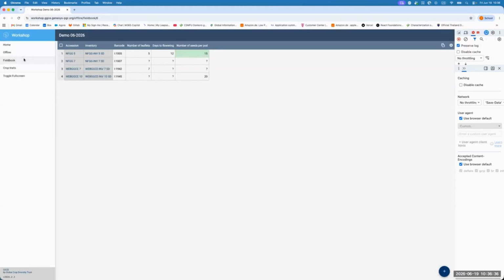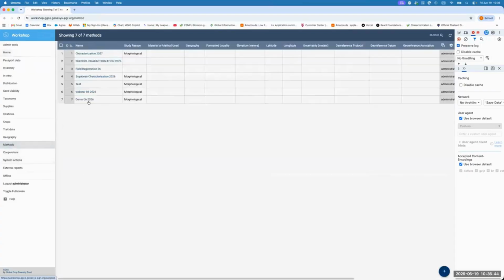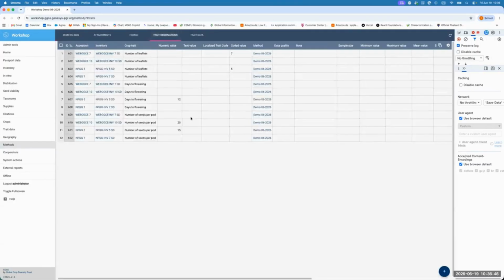Now all is green. I come back to my field book and I'll synchronize. Everything goes well. Let's go to methods. And you will see that the final value chosen by the operator or the Genebank staff is 15 after resolving this conflict. This is the most important thing in this feature. So if I can summarize, you should start by adding a method, selecting traits to be scored or evaluated,